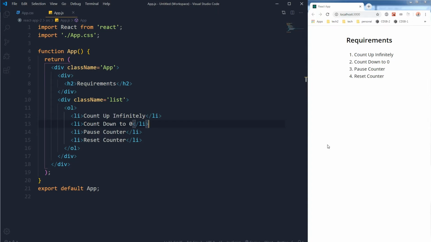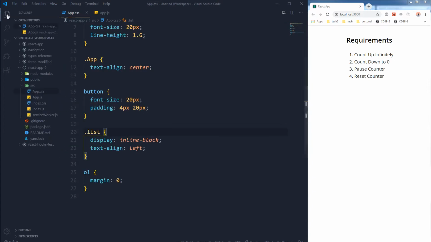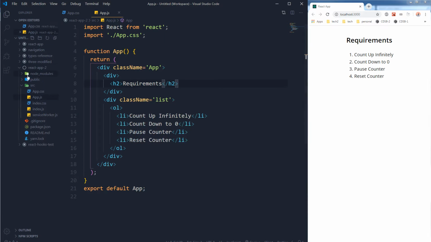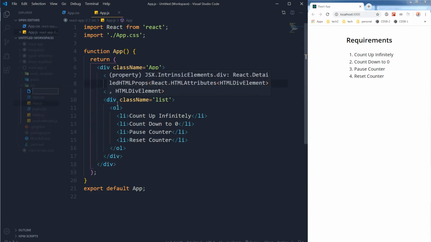In this video, guys, we are creating a counter in ReactJS that will count up infinitely but count down to 0, and we will be able to pause the counter and reset it as well. Let's start. I have got this function component, and I've got this CSS file attached to this app. Let me close this explorer, and here are the requirements: count up infinitely, count down to 0, and pause counter and reset counter. Okay, so we will create another component, and here is my source folder, and I will create another file,